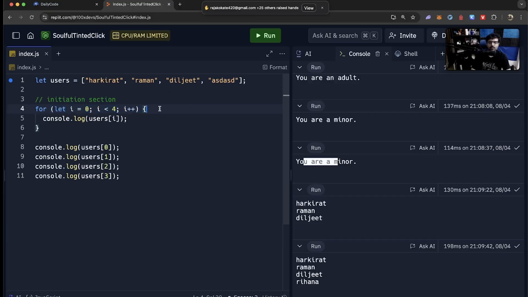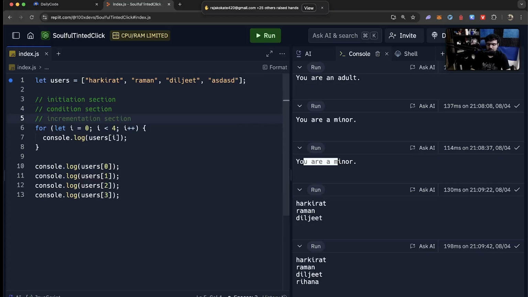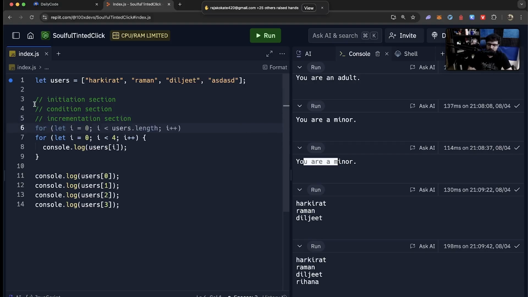When you write a for loop, you describe 3 sections in the for loop: the initiation section, the condition section, I repeat, the condition section, and then lastly, this is the wrong word, but this probably has a better proper term, but okay, let's call it the incrementation section for now. When a for loop runs, first time when the control reaches here, this section runs. You initialize i to 0.